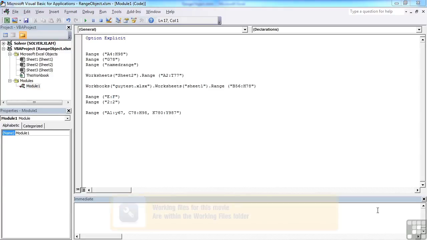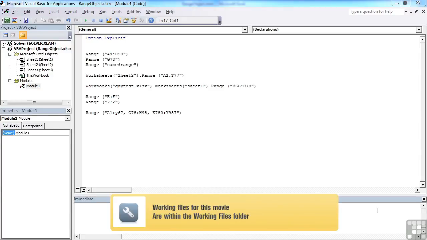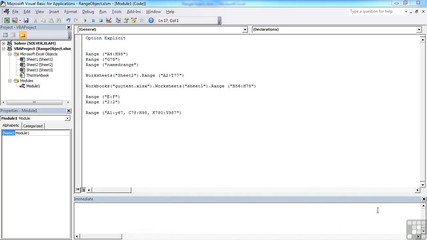Quite frequently, when referring to ranges within Excel, within your VBA, we would tend to use the cells property. The reason for this is that it allows you to reference a row and a column by a numeric value. Because it's using a numeric value, we can then programmatically define those values, which allows us much more flexibility than using A1, A7, J35. For example, where we have our range A4 to H98, we could reference that slightly differently